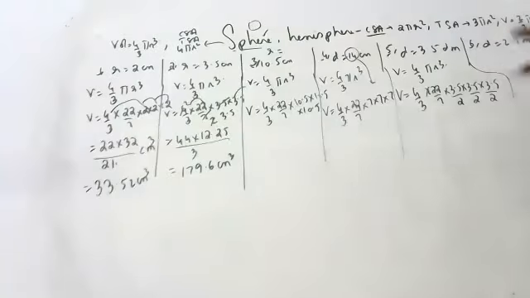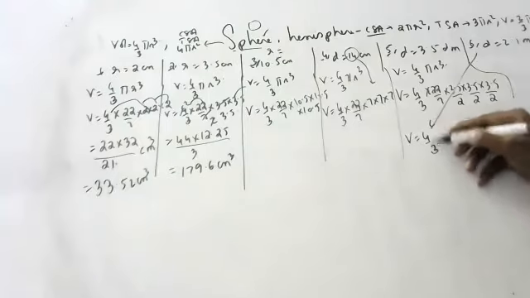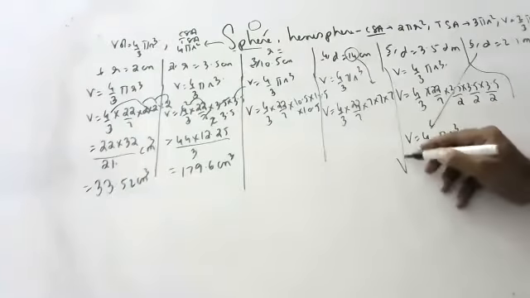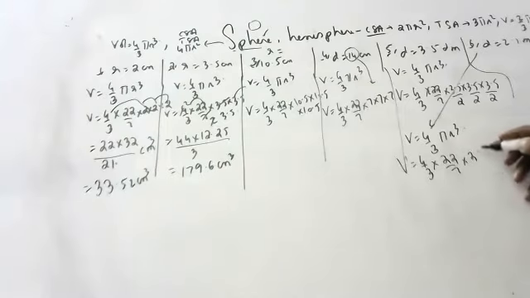Tell me here. Volume is equal to 4 by 3 pi r cube. Volume is equal to 4 by 3 into 22 by 7 into 2.1 by 2, because diameter is 2.1, radius is by 2. So children, you can solve this. These are very easy sums. That's why I asked Sujit. Sujit will get a little bit of confusion. That's why I asked him.